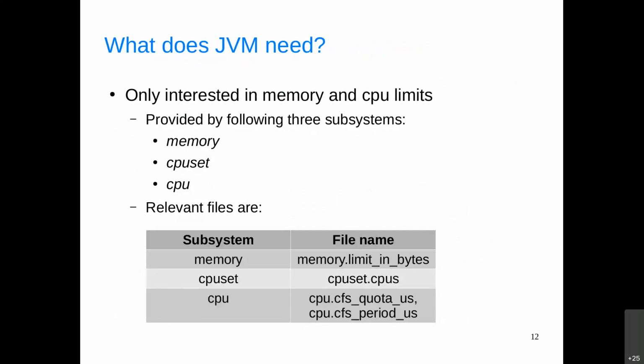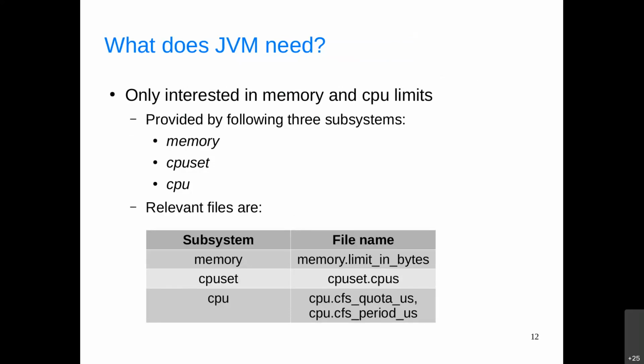So, as I mentioned earlier, the C group infrastructure has dozens of subsystems, but the information that the JVM needs is only about the memory and the CPU limits, and that information can be obtained by looking at three subsystems. These are the memory, CPU set, and the CPU. And the files